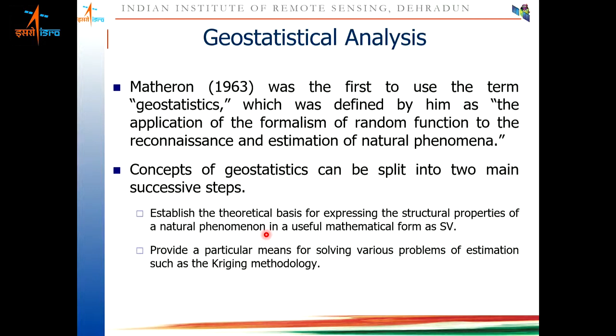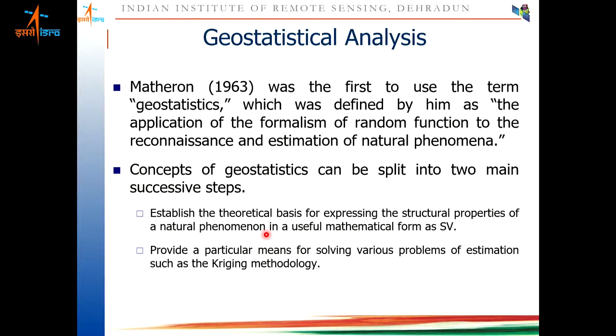Earlier we have seen there is the Moran's I index that calculates the spatial autocorrelation. That index basically gives you a single value, which tells you the level of autocorrelation. But in this case we need a function for up to what distance autocorrelation is present and what the relationship is. So the relationship between a variable x at location i and variable x at location j needs to be calculated.